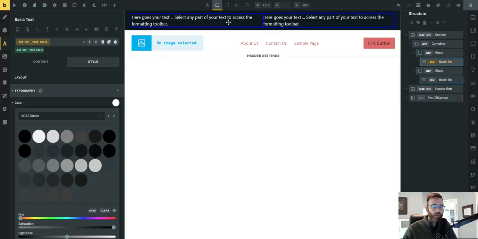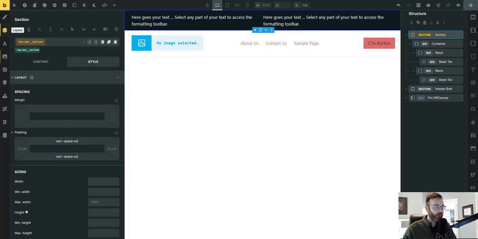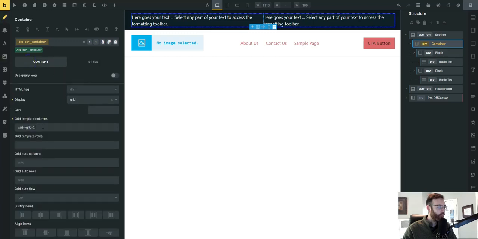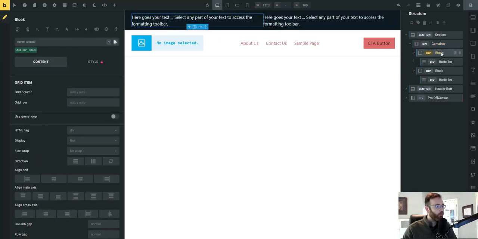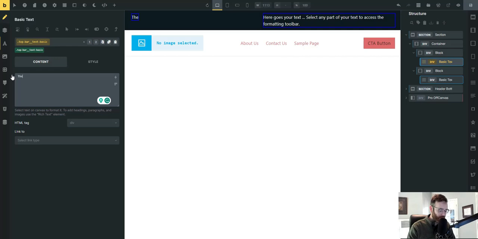So let's get into the custom field mapping. Before we do that, let's just look at our styles one more time. We've got the section with the padding extra small, the background set to this dark color. On the container, which is wrapping the blocks, it's a grid, and that is a 2-column grid. You might want to adjust that for responsiveness later. I'm not going to do responsive today in this demo. On the block, we don't have anything yet. And then on the basic text, we have white. That's it. So let's go into this basic text and delete all that and say the